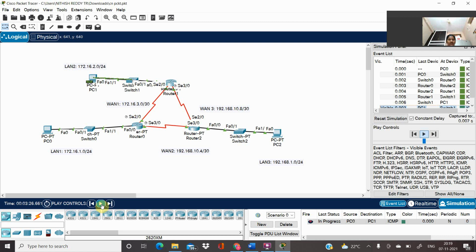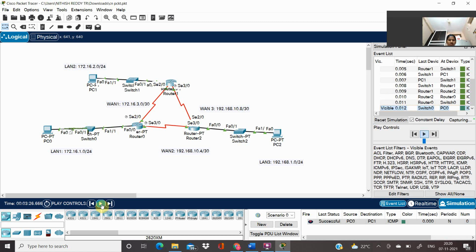And again the packet is sent back from PC1 to switch 1, and from switch 1 to router 1, and from router 1 to router 2, and from router 2 to router 0, and from router 0 to switch 0, and from switch 0 to PC0, and it is successful.